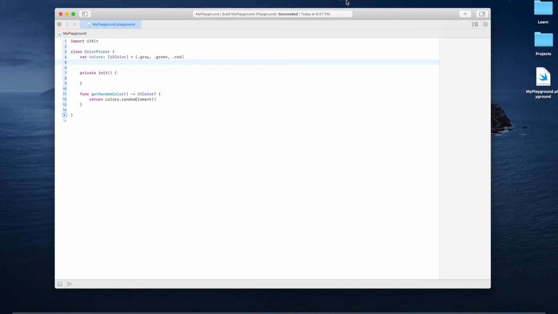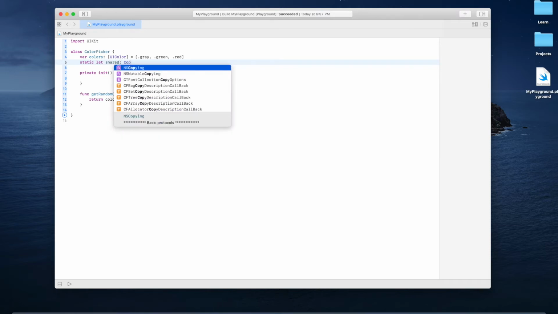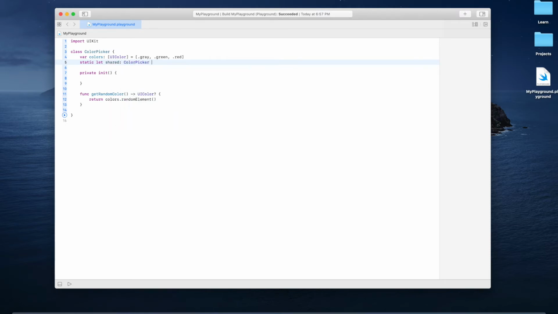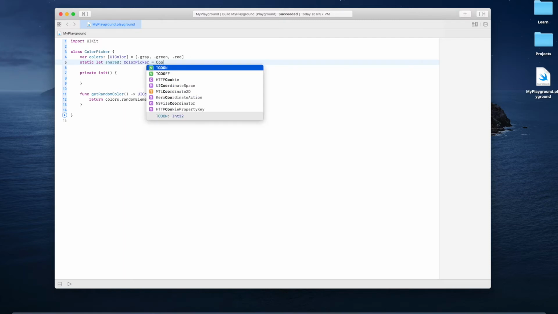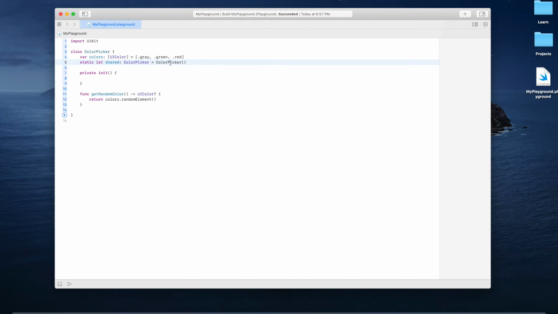Now let us create the actual singleton instance in our singleton class. This is the standard way to create the singleton instance inside the singleton class.